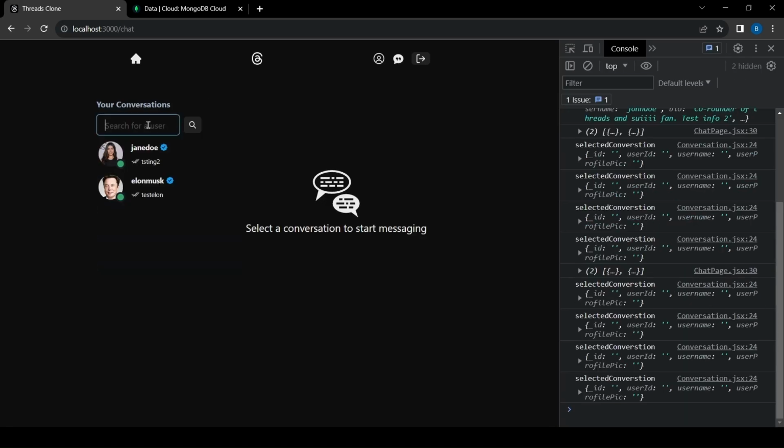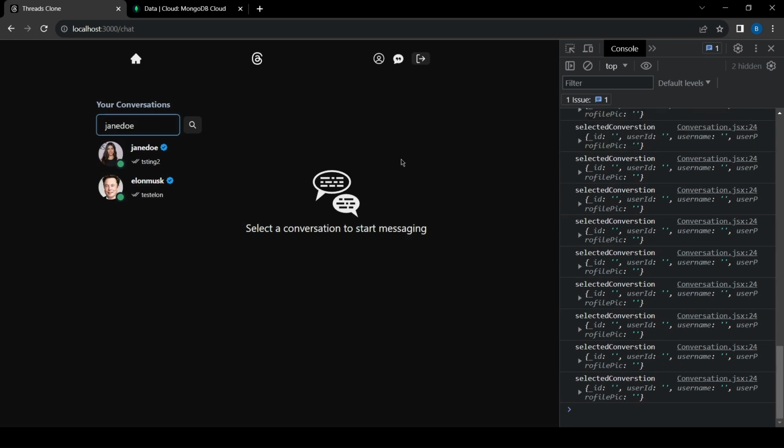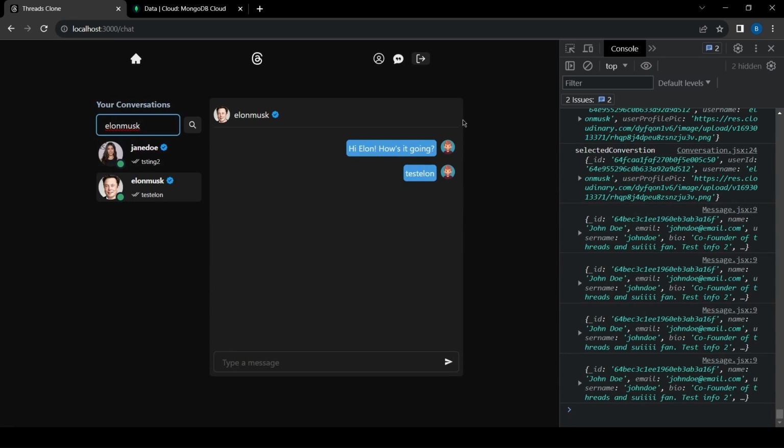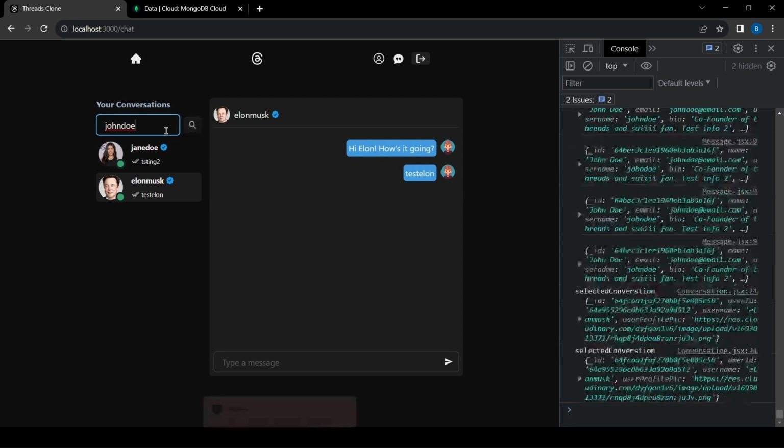So refresh, and let's try to do this again. I'll search for Jane Doe and search it. We got this message box. Let's search for Elon Musk, search it. We get the message box with Elon Musk. So let's search for John Doe, which is the current user, and we should get an error that says